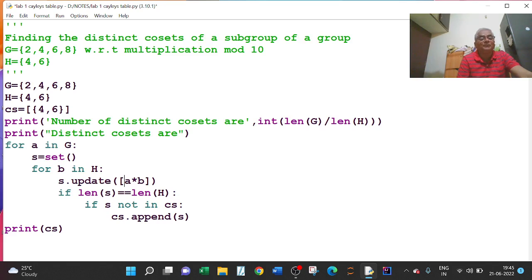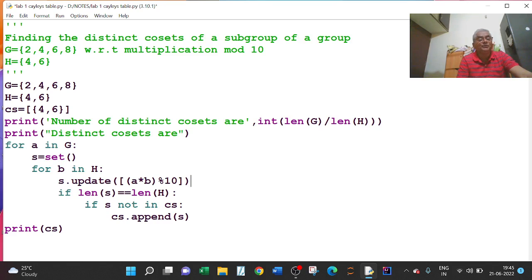Here I have to change the operation, A star B, to bracket percent 10, multiplication modulo 10. So we have to change G, H and the element in CS, and then change the operation.